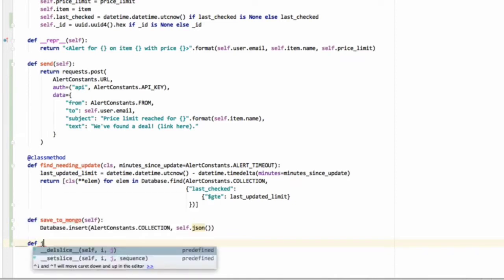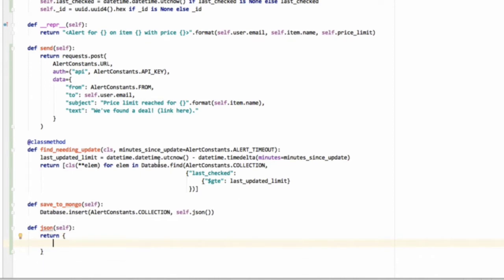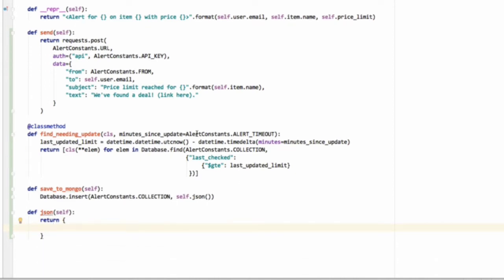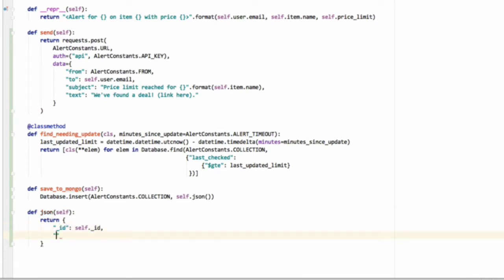And we'll also need a self.json method, which will return a Python dictionary, which is the JSON representation of this object. So basically, the properties of it. _ID is self._ID. Price limit is self.price_limit. Last checked is self.last_checked. And notice that I'm skipping the user and the item because of the same reasons that we changed not long ago